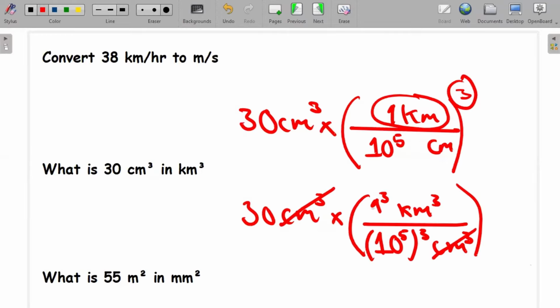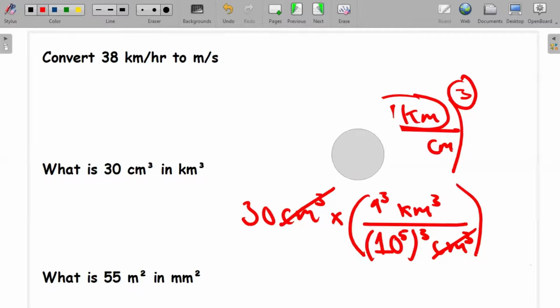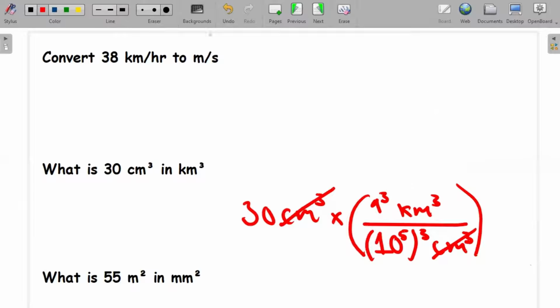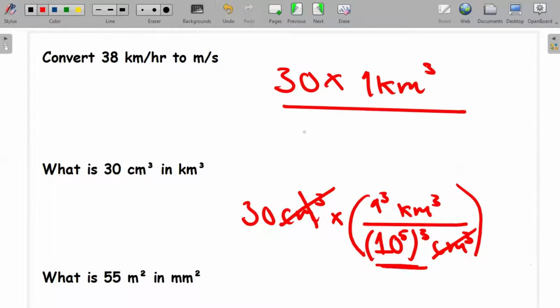You can tell that 1 raised to any power is still 1. So here we only have 1 and a kilometer to the power 3. So in short, what expression are we remaining with? We've remained with 30, we've cancelled out the cubic centimeter, multiplied by the cubic kilometer here, which is 1 cubic kilometer, over this one that we have here, which is 10 to the power 5 raised to the power 3,